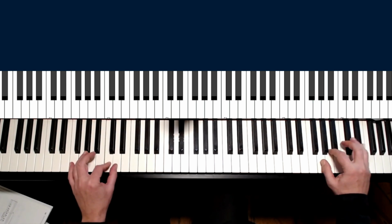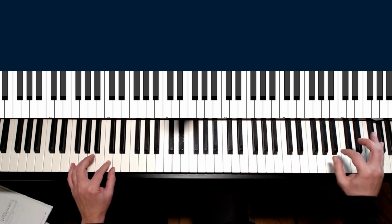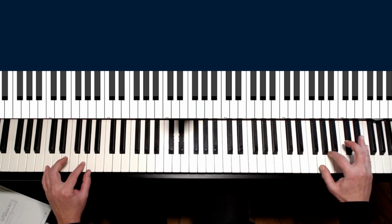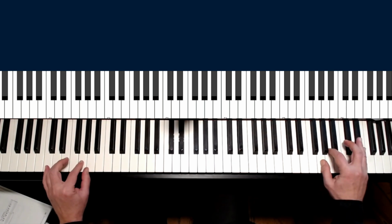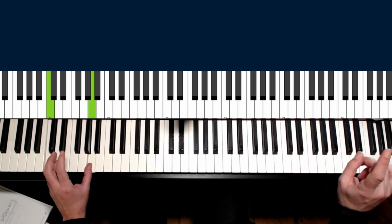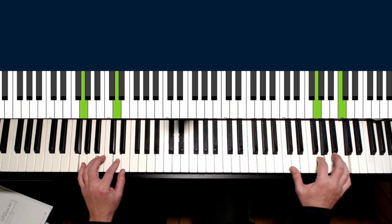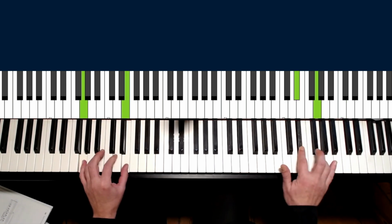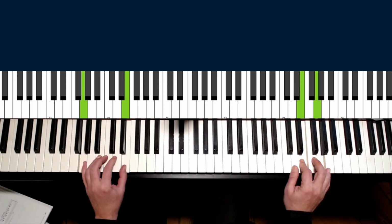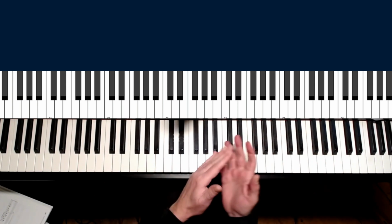F7, 1 and 2 and 3 and 4. Yes, you can hammer away like there's no tomorrow for 2 bars. And we change. 1 and 2 and 3 and 4 and 1 and 2 and 3 and 4. G7. 1, a little bit harder, and 1 and 2 and 3 and 4. Have you seen that before? Yes, just 20 seconds ago. I told you. The rock and roll